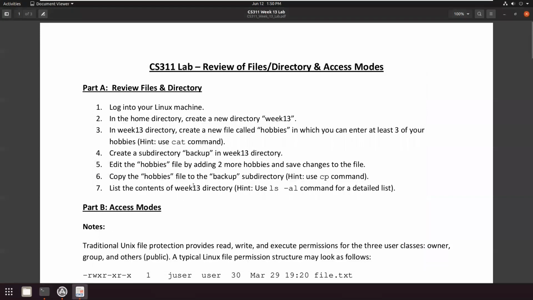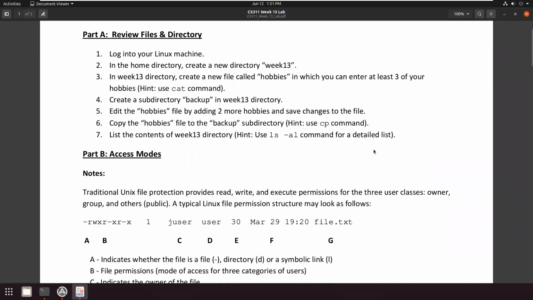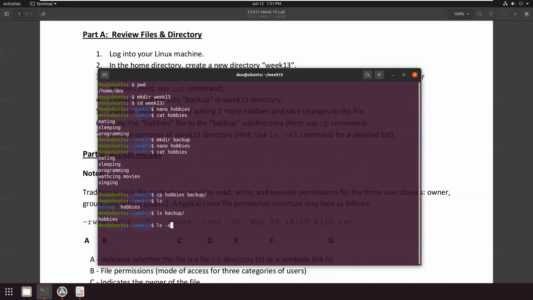Then list the contents of the week13 directory using the ls -il command for a detailed list. So ls -il, so you will notice that we have one file called hobbies that we had inside the week13 directory, and the other one is the backup directory, which is this one. And then we have 2 more items over here.